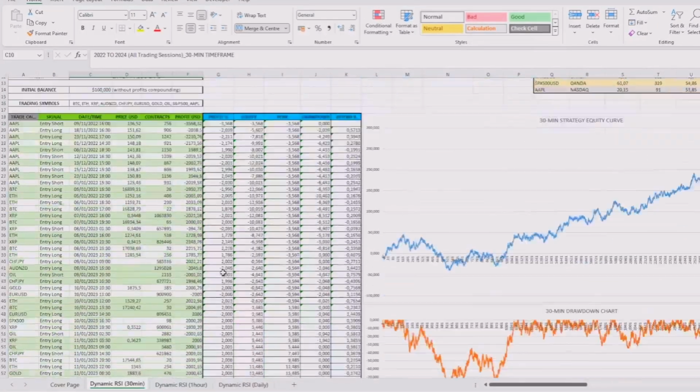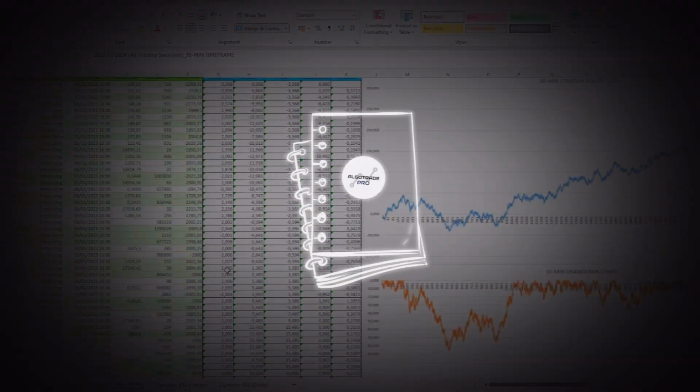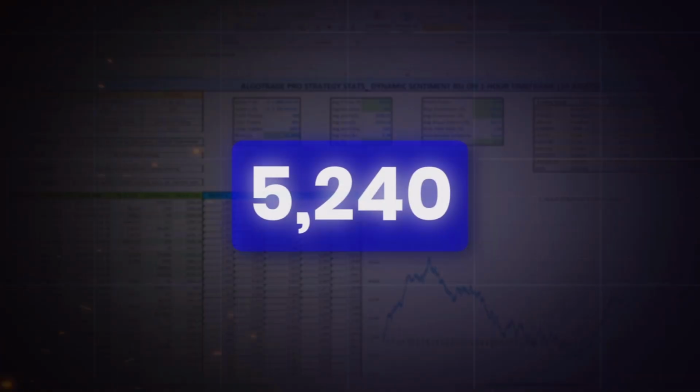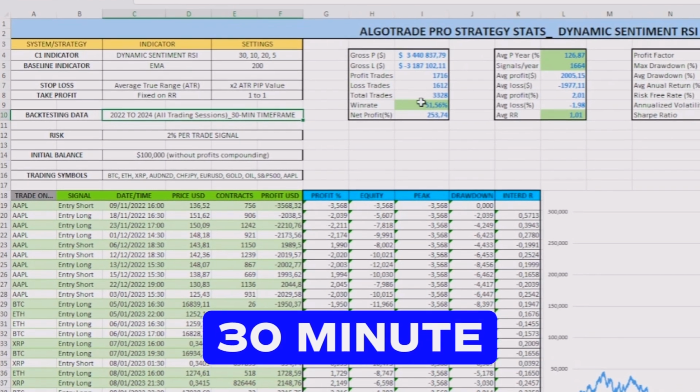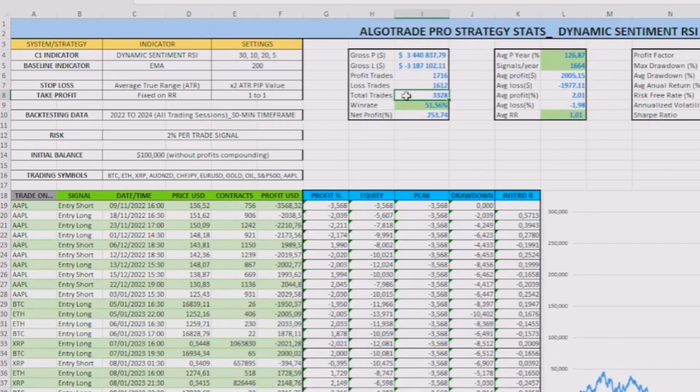After inserting all the trades into my trading journal, I got an analysis of about 5,240 trades across the 3 different time frames. In the 30-minute one, after more than 3,300 trades, the dynamic Sentiment RSI got a win rate of 51.56% with a net profit of